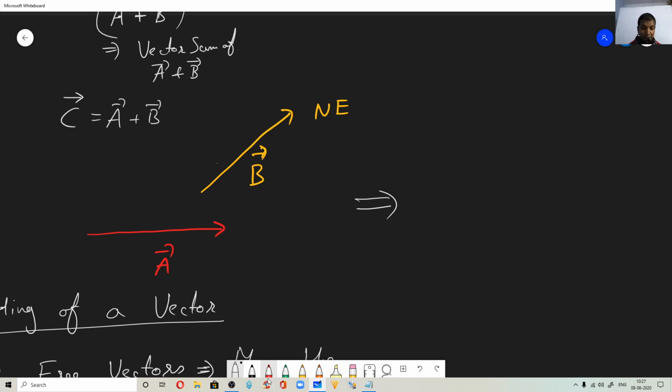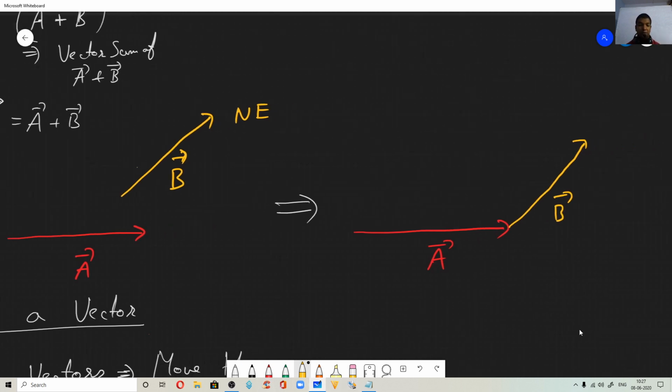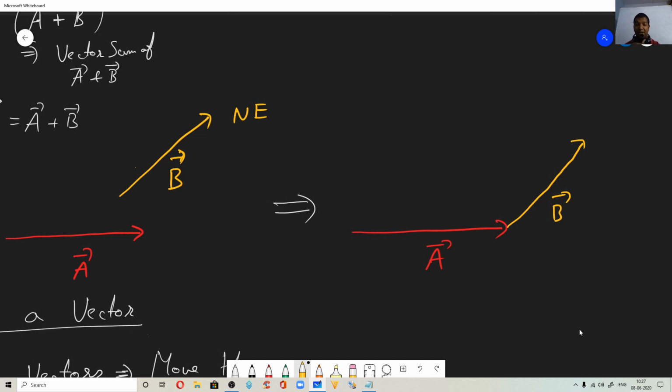So I'm making a copy of vector A here. Same vector A I'm drawing here. Now vector B, imagine I have shifted so that vector B is lying on the head of vector A. So this is how vector B is now. Still the direction did not change. It is still pointing to northeast. What did I do? I'm just shifting it, moving it, that is all. And it is in the plane now, the plane of your phone or computer screen.